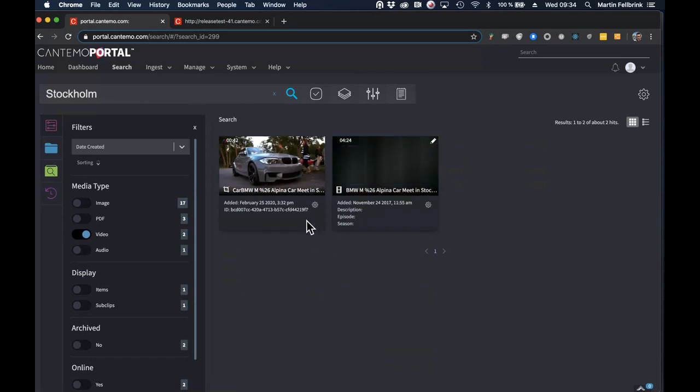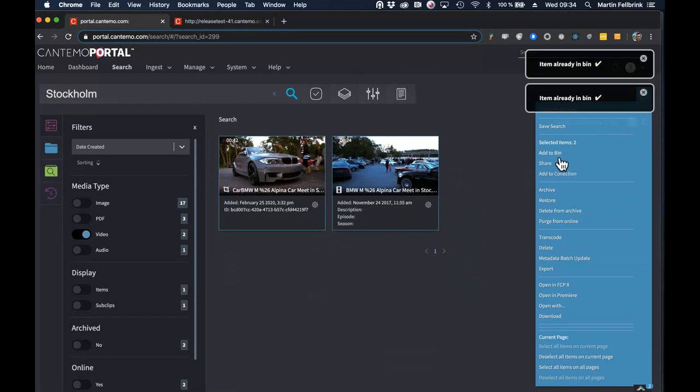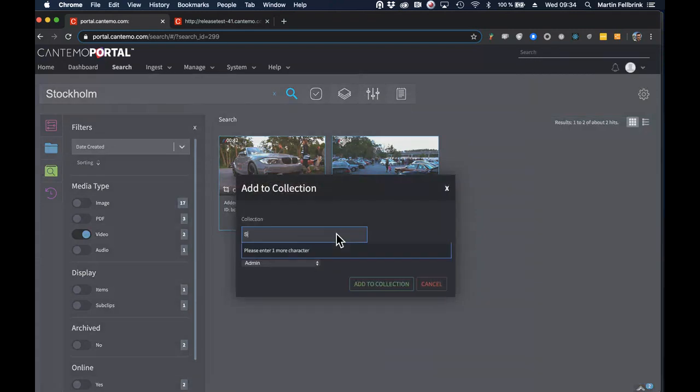If I'm going to work with this myself, I can do operations on the pod directly, or have a large gearbox to transcode to a specific format. In this case, I want to add them to the bin, and I want to add them to a collection because I need to share this